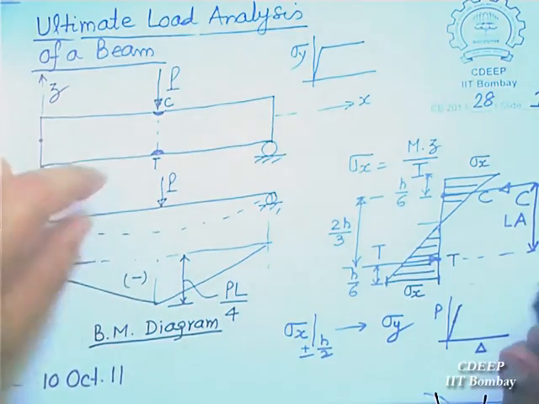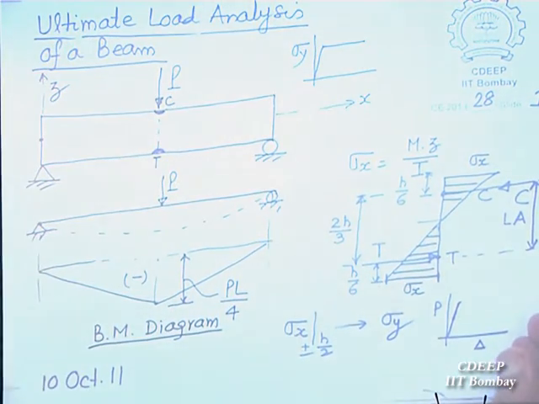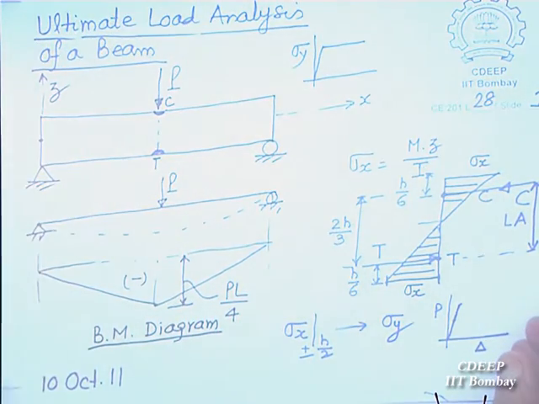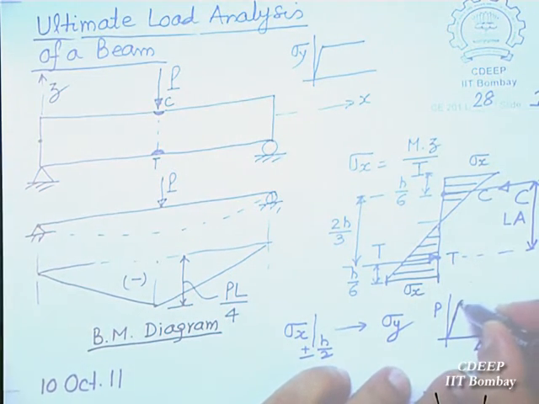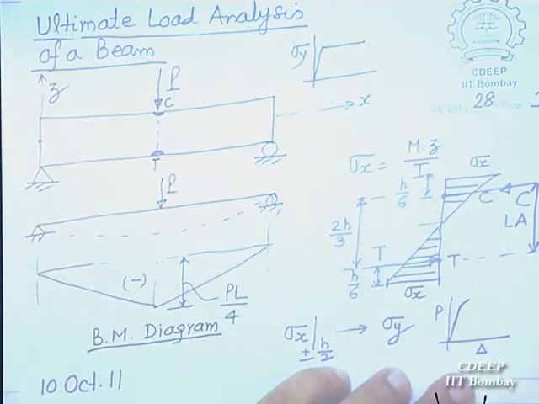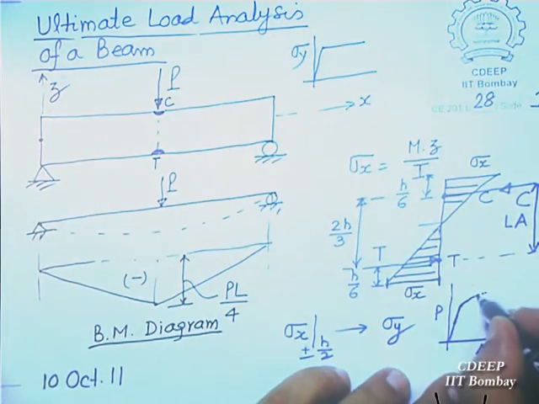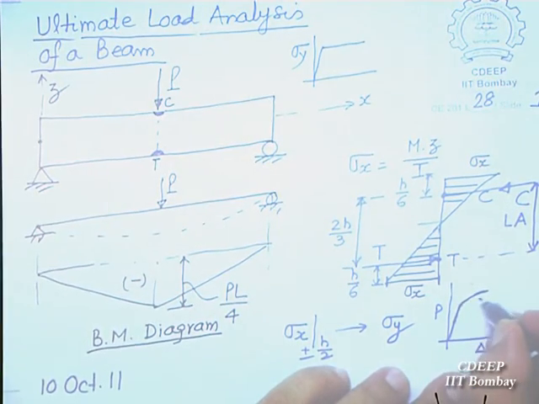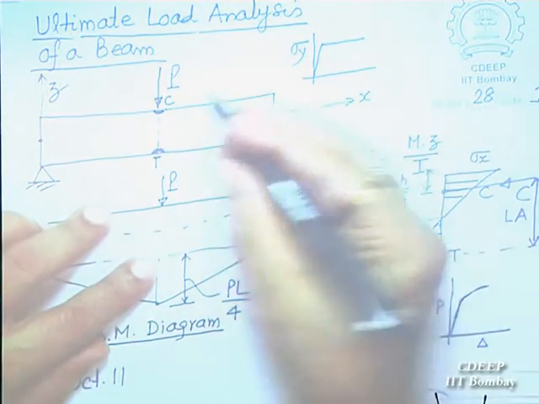Afterwards, what will happen? After this, there will be a jerk. Load will not follow a linear path. Once plasticity starts here, there will be a jerk. Slope will change, and it will become something like this here. Load displacement. And then you load it, again it will take load, but the slope will be changing. It will become flatter. Here the slope will be more, but as you go more and more, as more load is